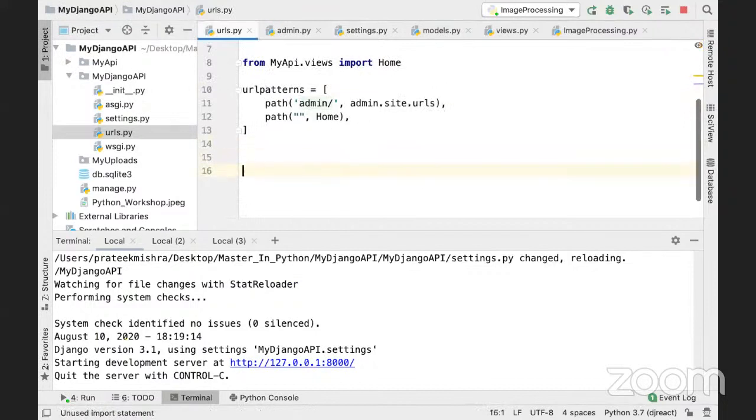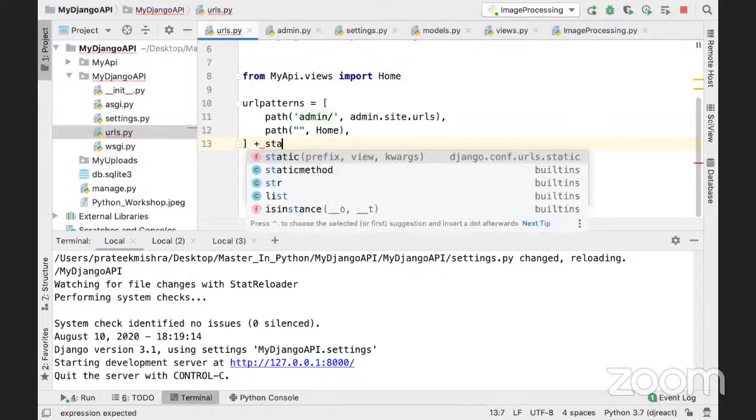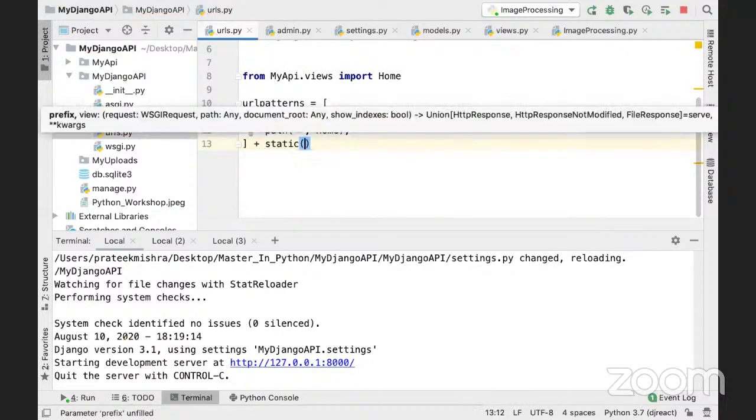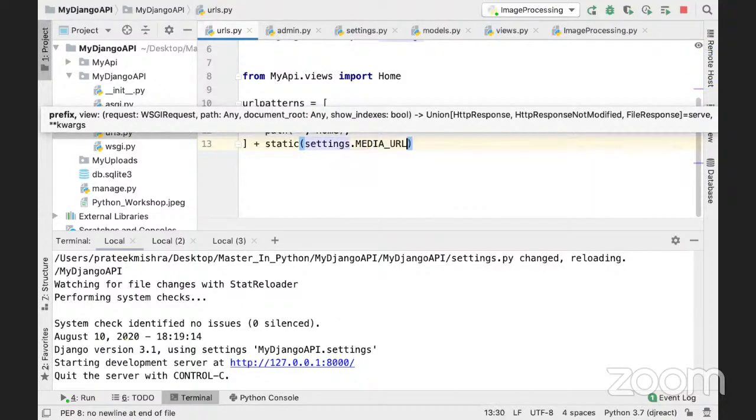And after that, we just apply plus, and what I want to add in these URLs, I want to add static, and in this static we will pass settings.MEDIA_URL,